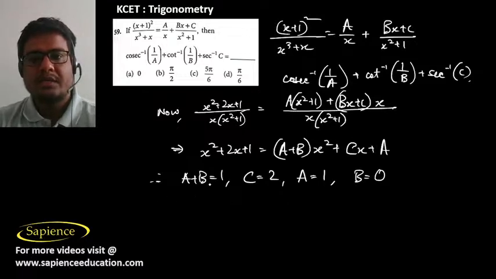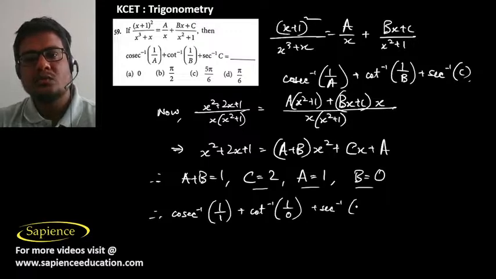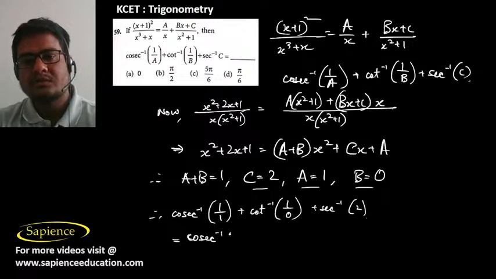So therefore a equal to 1, b equal to 0, and c equal to 2. So therefore cosec inverse of 1 by a, that is 1 by 1, plus cot inverse of 1 by 0 plus sec inverse of 2. So this is cosec inverse 1 plus cot inverse infinity, and cot inverse infinity means it is tan inverse